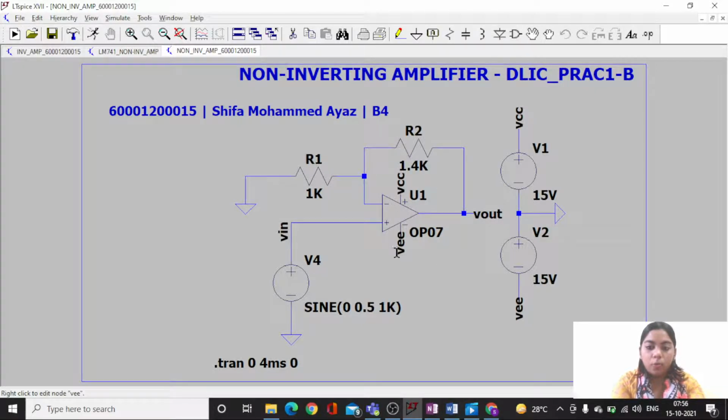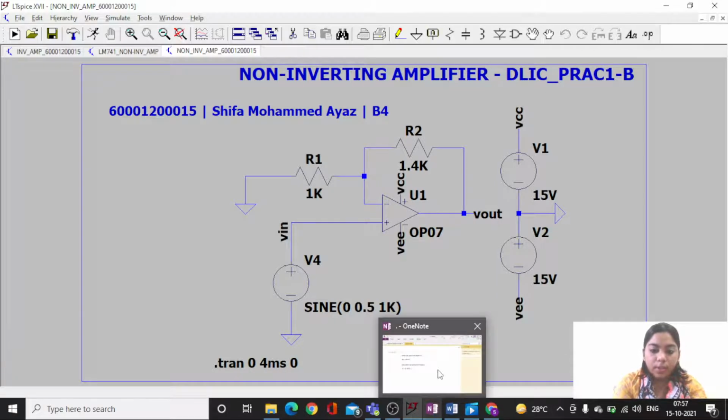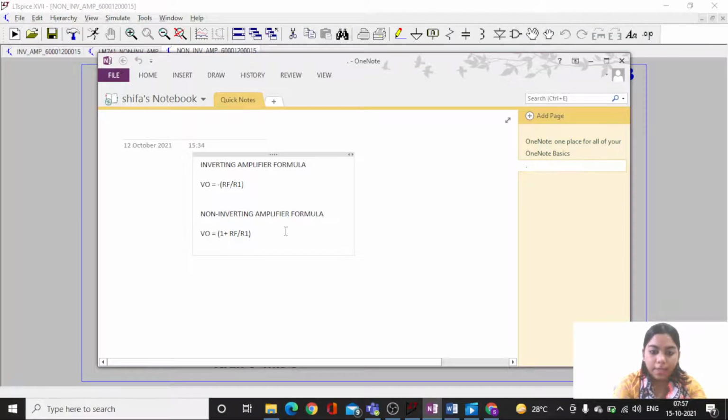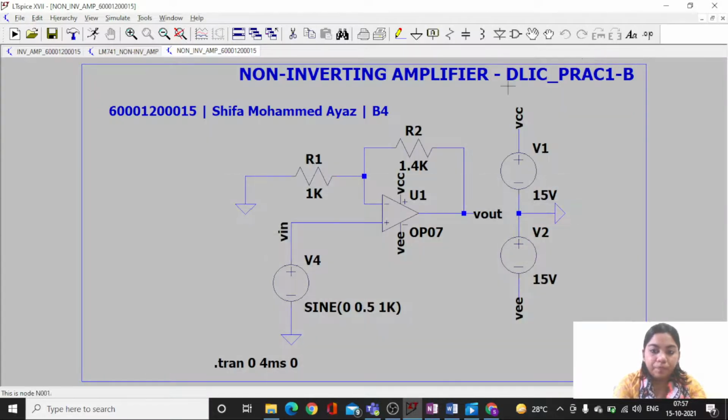Here I've used an OP07 op-amp, and again the same parameters, just the input I've applied to the positive terminal and the negative terminal is grounded via this resistor. Since I've shown you the formula for the non-inverting amplifier, that is 1 plus RF by R1, right? So this is designed for the gain of 2.4.